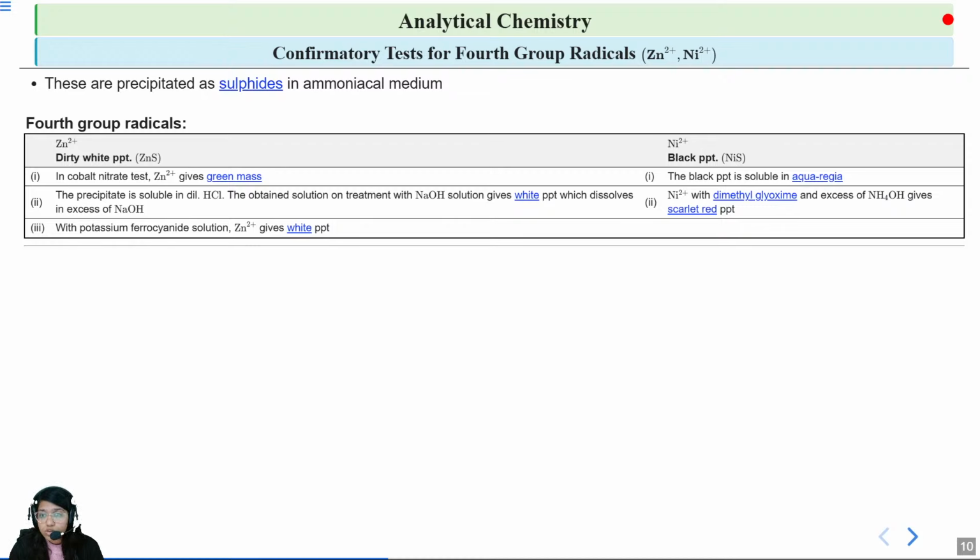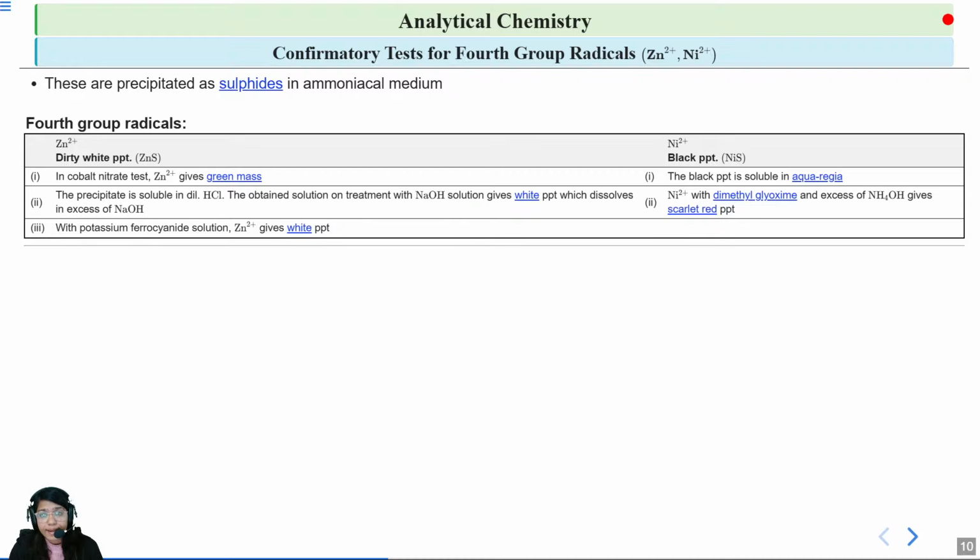Zinc ion also forms a white precipitate with potassium ferrocyanide solution. Nickel ions, on the other hand, form a black precipitate NiS with H2S, which dissolves in aqua regia. Ni2+ gives a scarlet red precipitate with